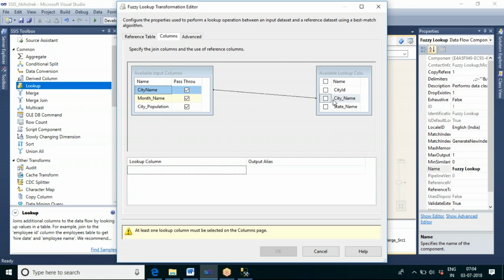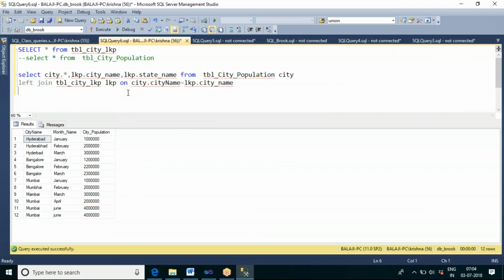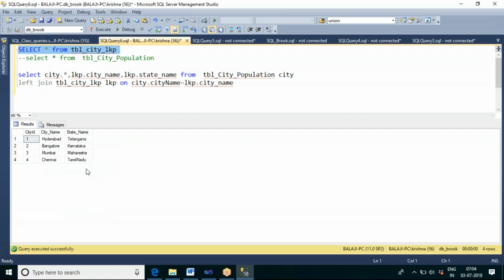Sir, how to identify which one will be the transaction data and which one will be the master data? In which table is the data unique? In a master table, it is like an employee ID, city ID, or product ID, in which the data is unique. This is the master table, the base table.